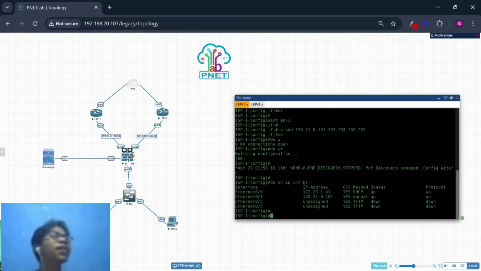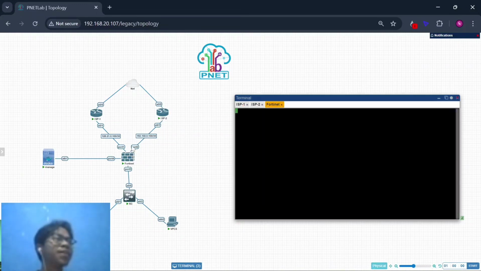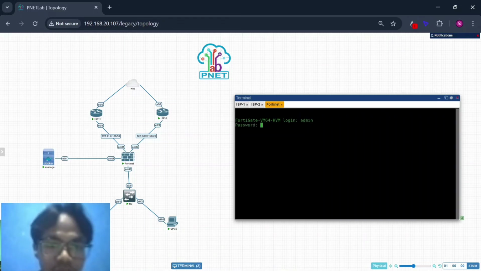And now configure Fortinet for port 1 and port 2. By default, the login for this device is admin and there is no password, so you can press enter.